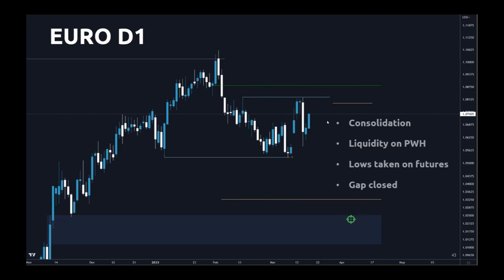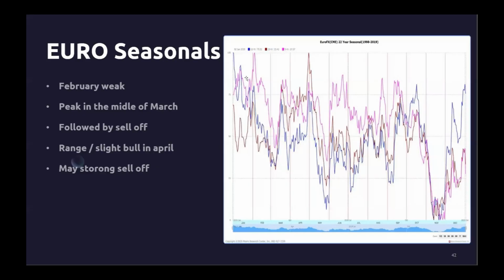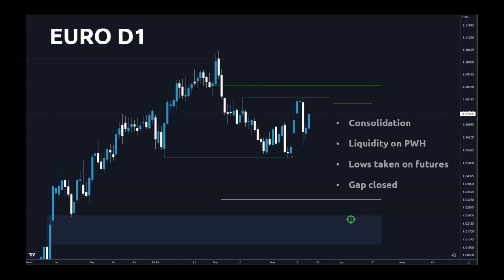That's my view. So if we look at seasonals, we can see that February for the euro is weak. Then we get the peak in the middle of March, and then the euro is weak until the end of March. And then it starts getting stronger, right? Followed by a sell-off and a range, slightly bullish in April, right? So it's in here. And May, strong sell-off, right? So if that is in alignment with it, what we can see here, we can see this low